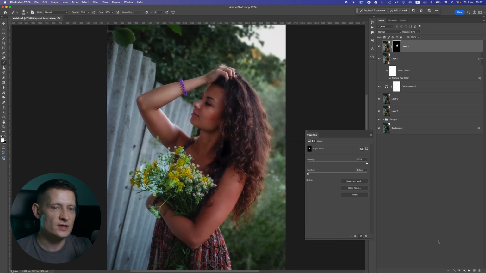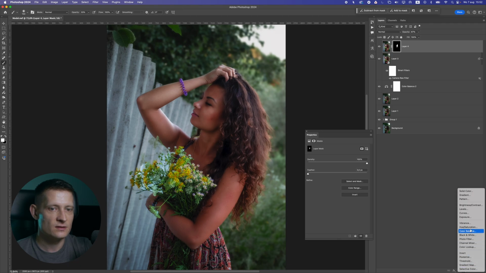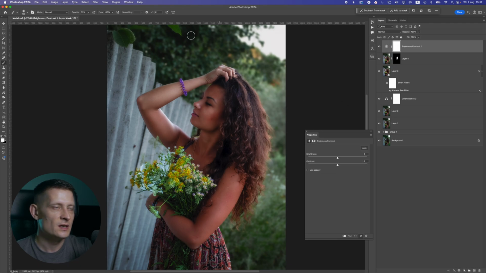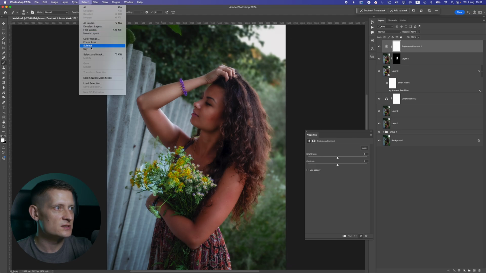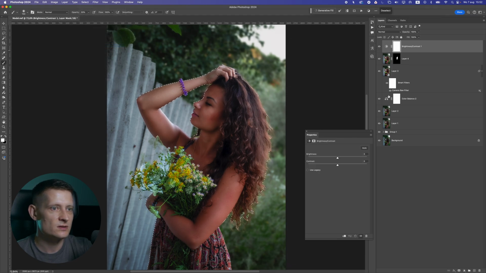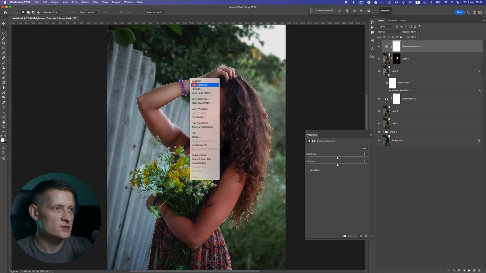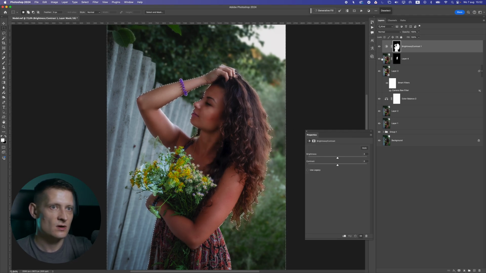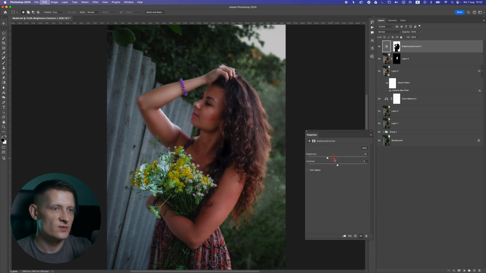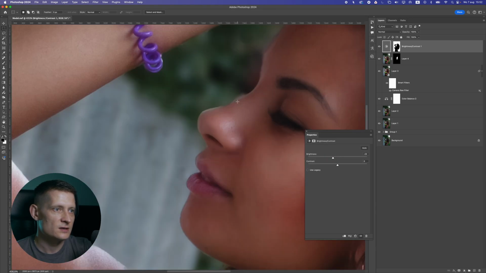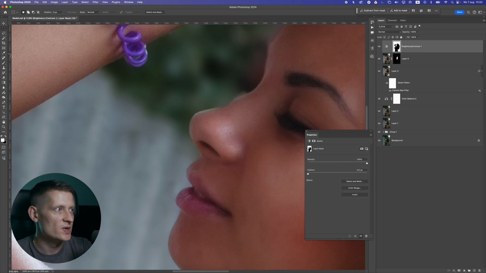The only thing I would like to do here is I'm gonna add another brightness and contrast here. And I'm gonna make sure to select subject because I wanna apply this to the background. And now press right mouse, select inverse, and press Command I or Control I. So we select the background. And now what I'm gonna do is I'm just slightly gonna drop the brightness of the background here. And these little things you have to brush a bit better. So if you want to do this perfectly, just brush this away like that,